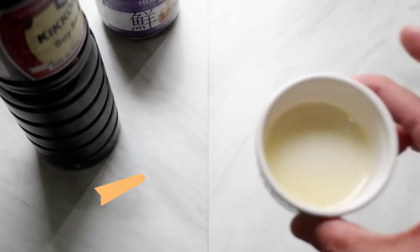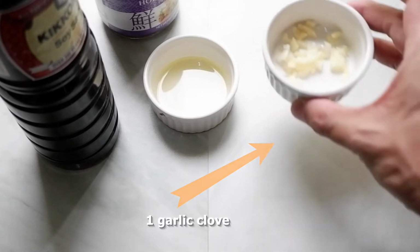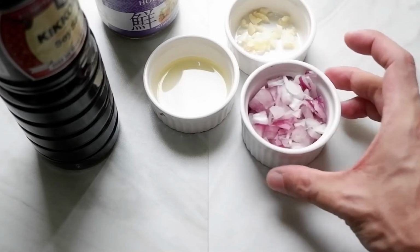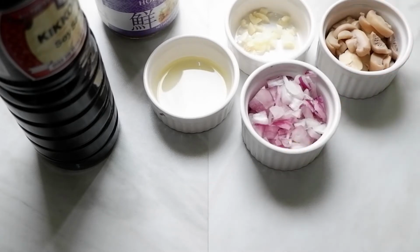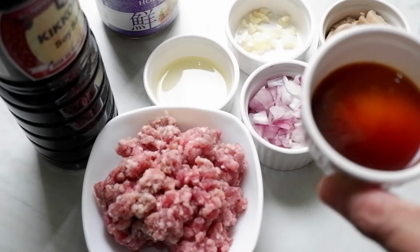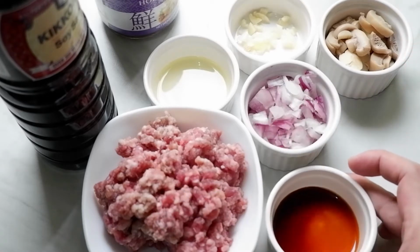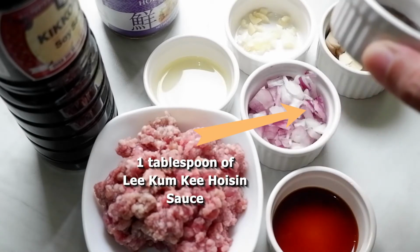So for our ingredients, we have here 1 teaspoon of olive oil, 1 garlic clove, 1 red onion, 1/4 cup of sliced mushrooms, 150 grams of ground beef, and of course, our main ingredient, 1 teaspoon of Kikkoman soy sauce, and another main ingredient, our Lee Kum Kee hoisin sauce, 1 tablespoon,